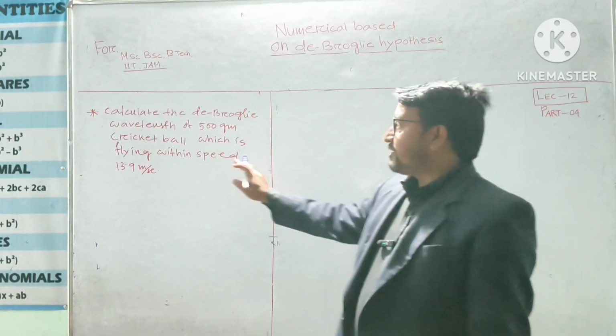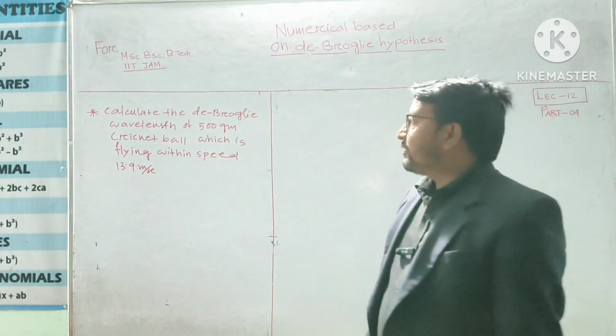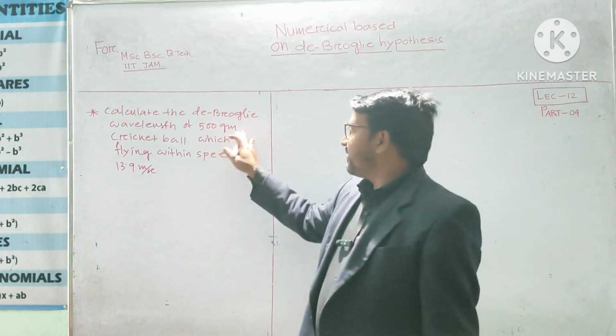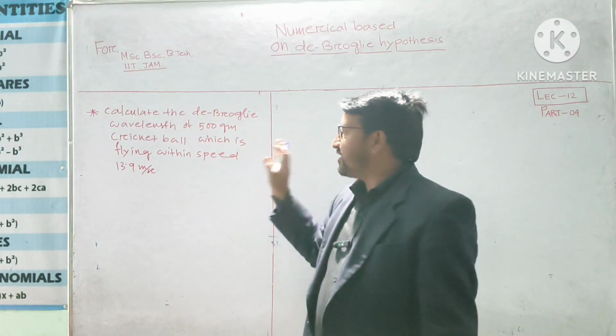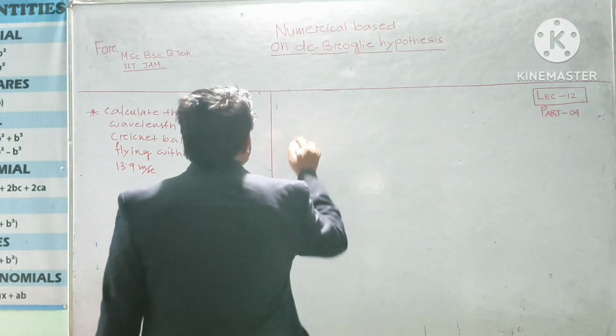Okay, this is our last numerical problem, and this is quite a simple problem. The statement of this question: calculate the de Broglie wavelength of a 500 gram cricket ball which is flying with a speed of 13.9 meter per second. Very simple question. So, solution: